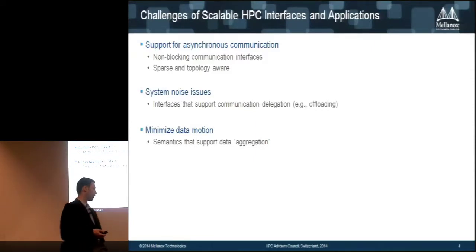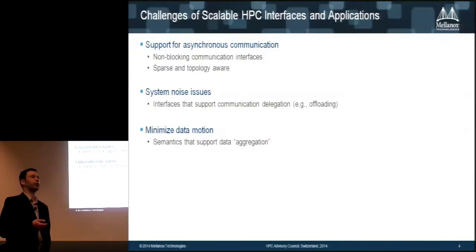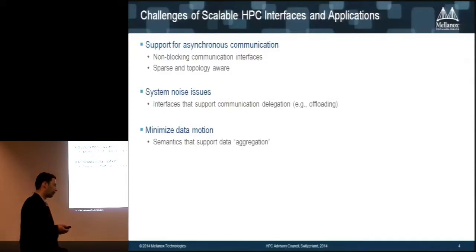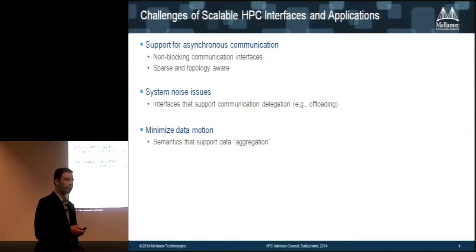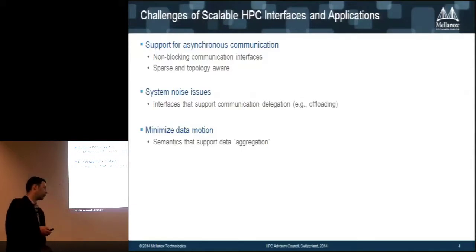And last thing is to minimize the data motion. Try to avoid as much as possible data movement that is not necessarily data copy, data translation within the CPU and so on. So try to use a single path on the data, especially when you're trying to move something from one place to another. Do it as efficiently as possible.